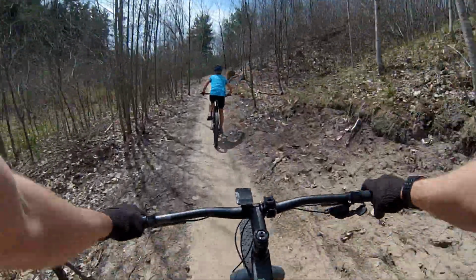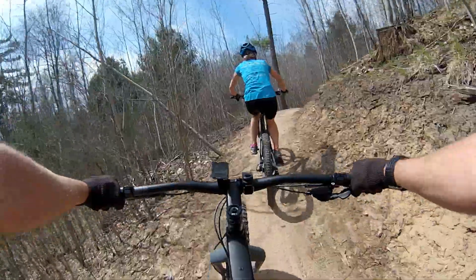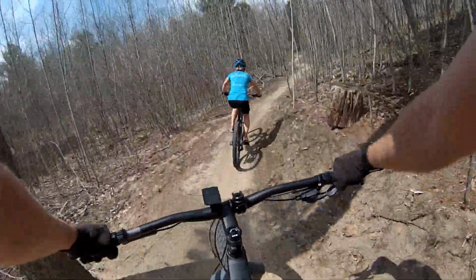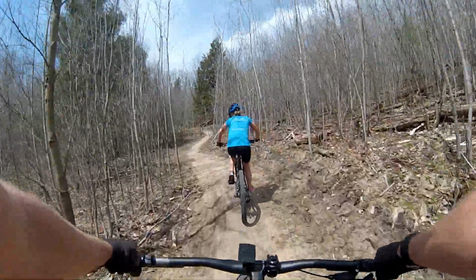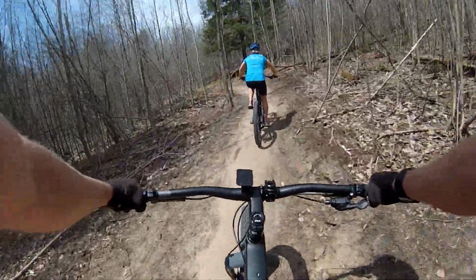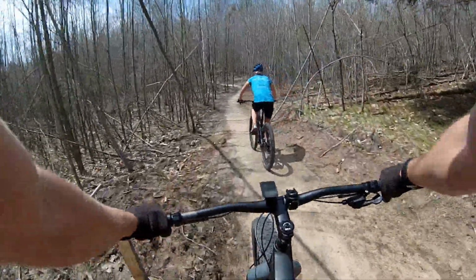And now we're climbing. 70 degrees, sunshine, climbing. But as you can see, it's not much. They did a really nice job of making it very beginner friendly, I think. I wouldn't mind a little bit more, but there's a black section still to come on this trail